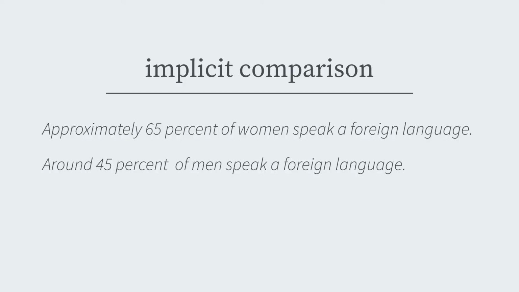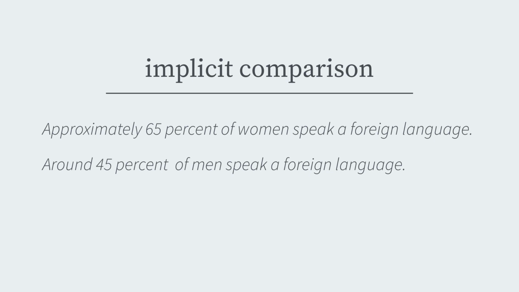So here we have an example of what we call an implicit comparison. We've said here in two sentences, approximately 65% of women speak a foreign language, around 45% of men speak a foreign language. Now, anybody who reads these two sentences can see that the percentage of women who speak a foreign language is higher than the percentage of men. But here, we don't specifically say, or explicitly say, that the percentage is higher. So while a reader can see that for themselves, they don't necessarily know that that is the point we are